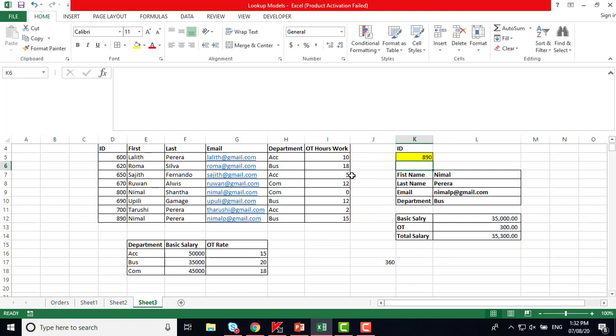And the person who is having a different department, say BCom department person, we will extract, that is number 670. So you can see Ruan Alvis, he got the rate of 18 rupees. 18 rupees into 18, that goes to 216 rupees. So you got the idea now how to combine two tables together and get the result. Further, we can enhance this by adding more and more tables. I hope that you all got a good idea of how this VLOOKUP function is working with the vertical table environment.